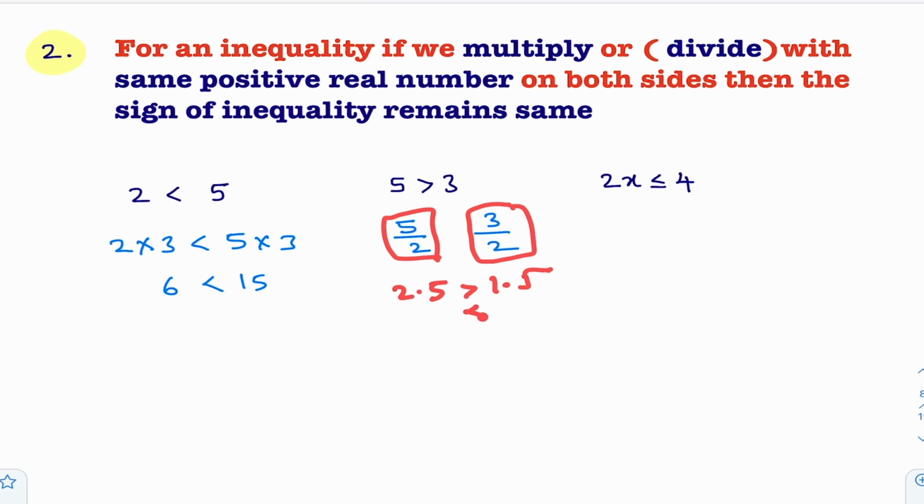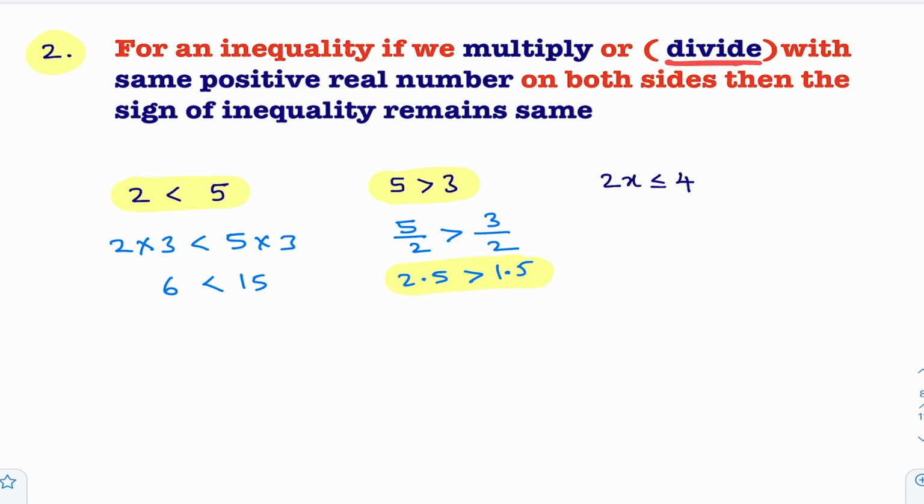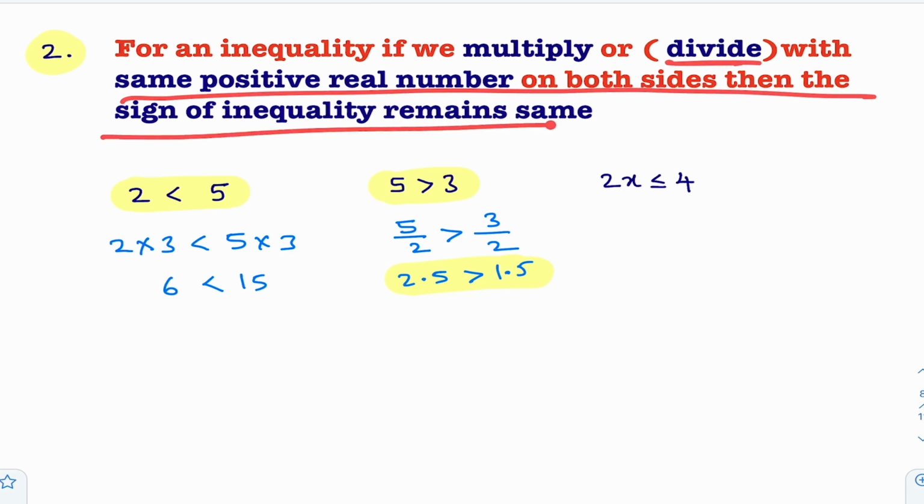That means for an inequality, if I divide with a positive real number, the inequality sign remains the same. So what is the suitable symbol here? Greater than, because 5 by 2 is 2.5, 3 by 2 is 1.5, and 2.5 is clearly greater than 1.5. So what you are understanding, there is an inequality. For that inequality, if I multiply with the same positive real number on both sides, or if I divide with the same positive real number on both sides, the sign of inequality